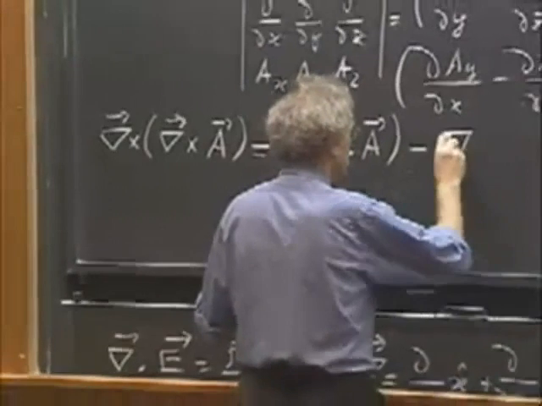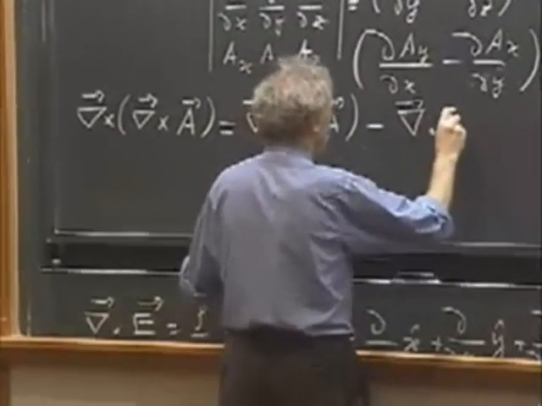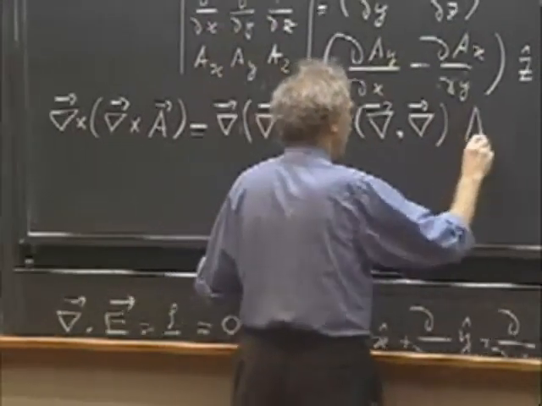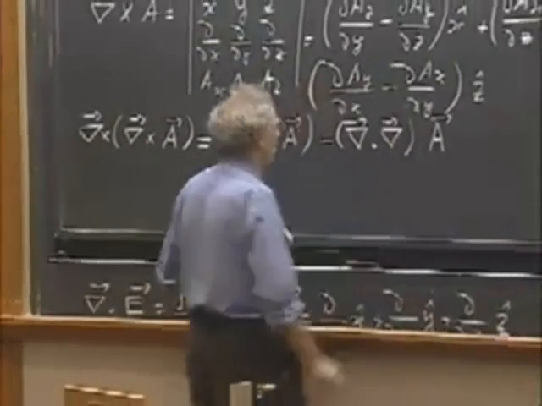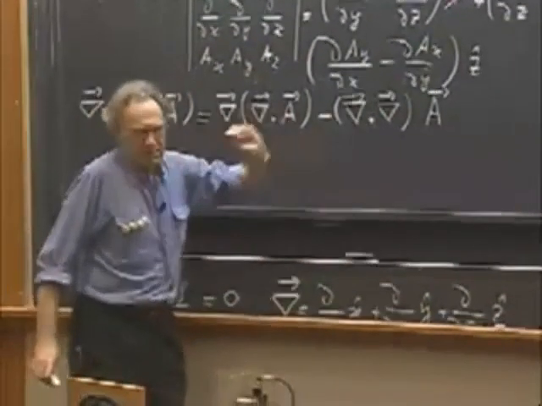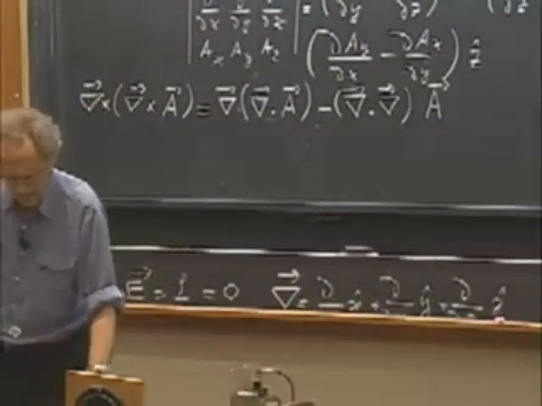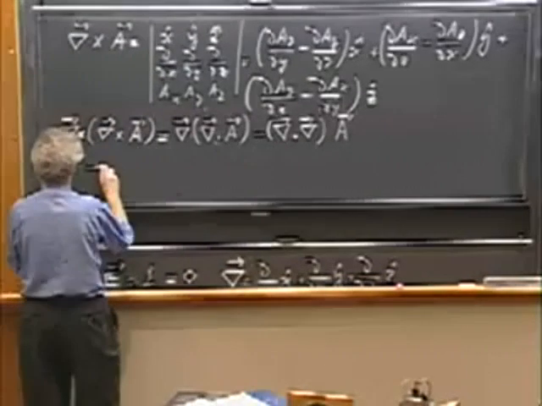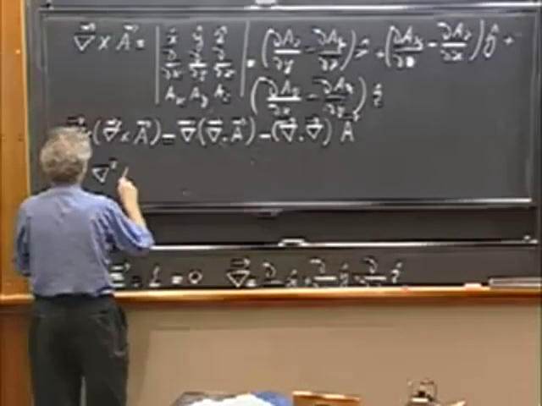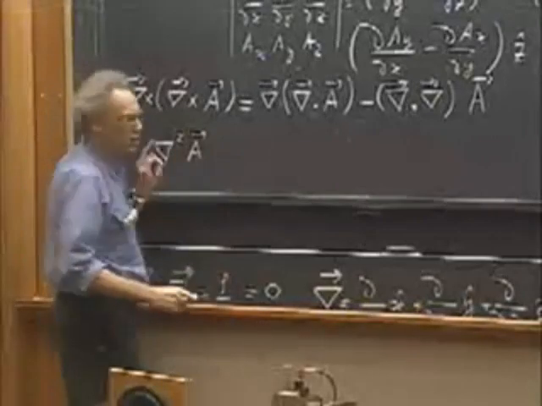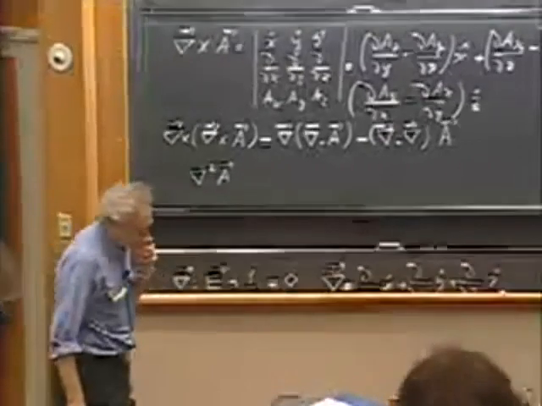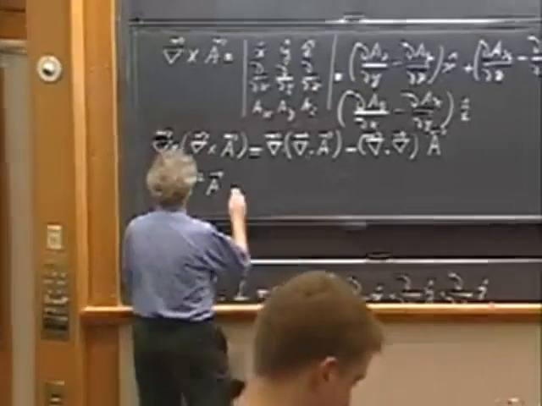minus del dot del vector A. And this we often write as simply del squared. So for this we write del squared of A, and this is also called the Laplacian. And so the del squared of a vector